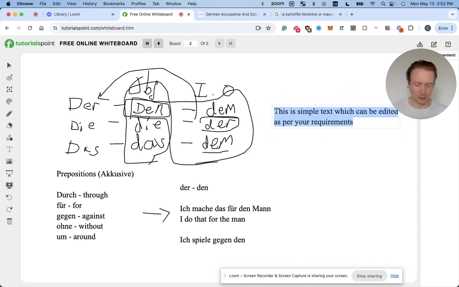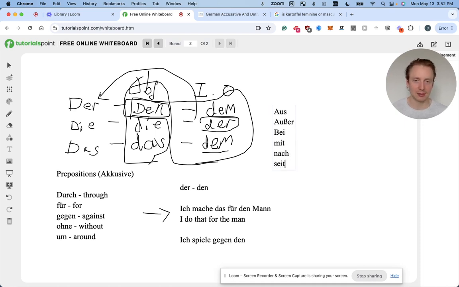Okay, so then there's aus, außer, bei, mit, nach, seit, von, zu. Anytime you see these, it becomes what's called dative, which means we use the special ones, the ones that all change. So this would be dative, meaning dem, der, dem. And you don't need to think about this that hard. You just need to be aware of the concept, because then when you go consume content, which is the really important thing if you actually want to learn, you just notice it, right?